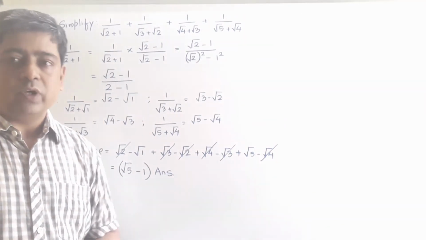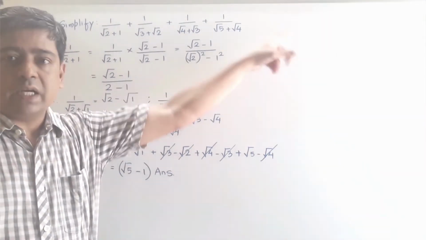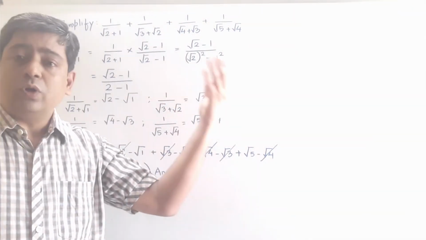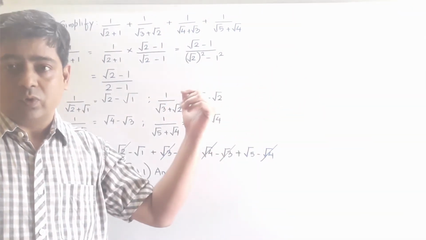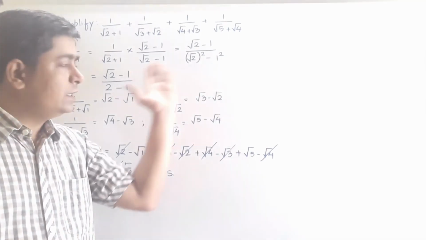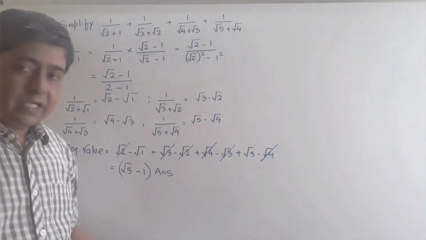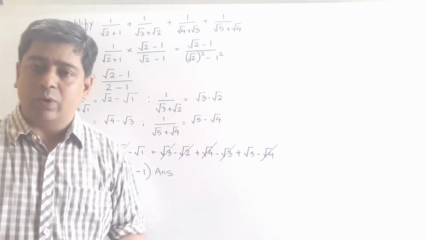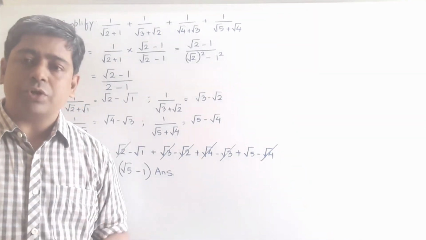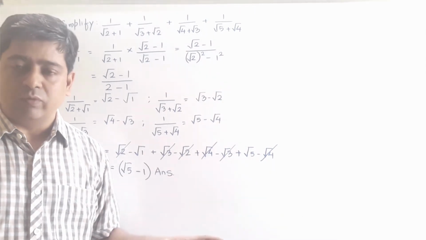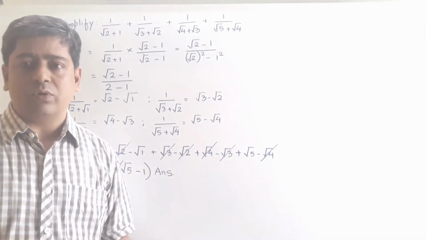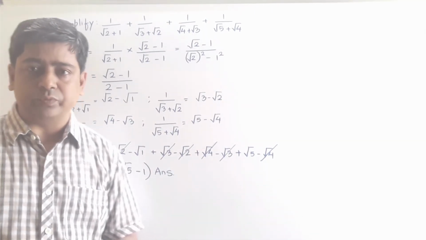In the reference book, if you see, some more number of terms are inserted. They are going till root of 9 plus root of 8 also. Okay, so only the lengthiness will be there, rest of the method will be same. Now let us see the last question of today's, and I hope the additional question of chapter number 1 will get over. If I found some more question, definitely I will share with you.